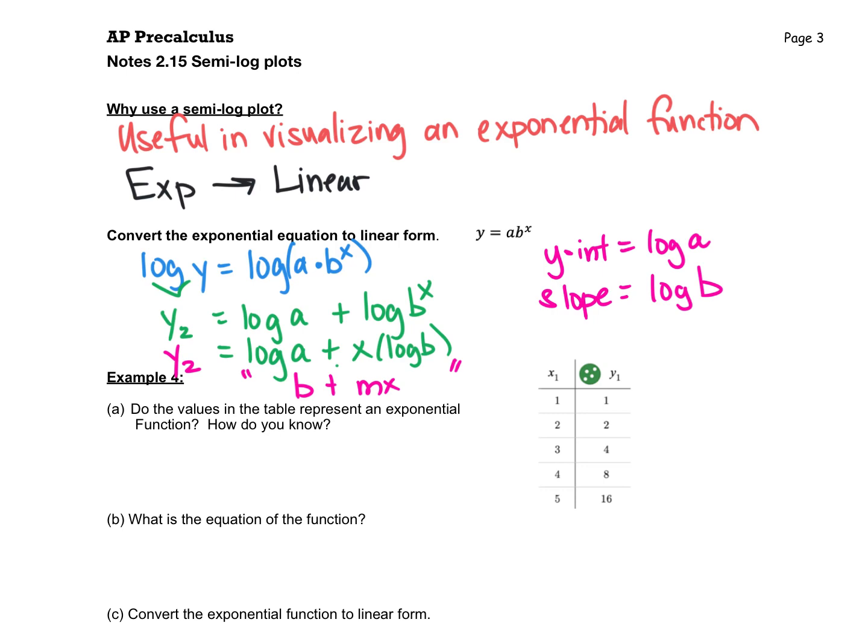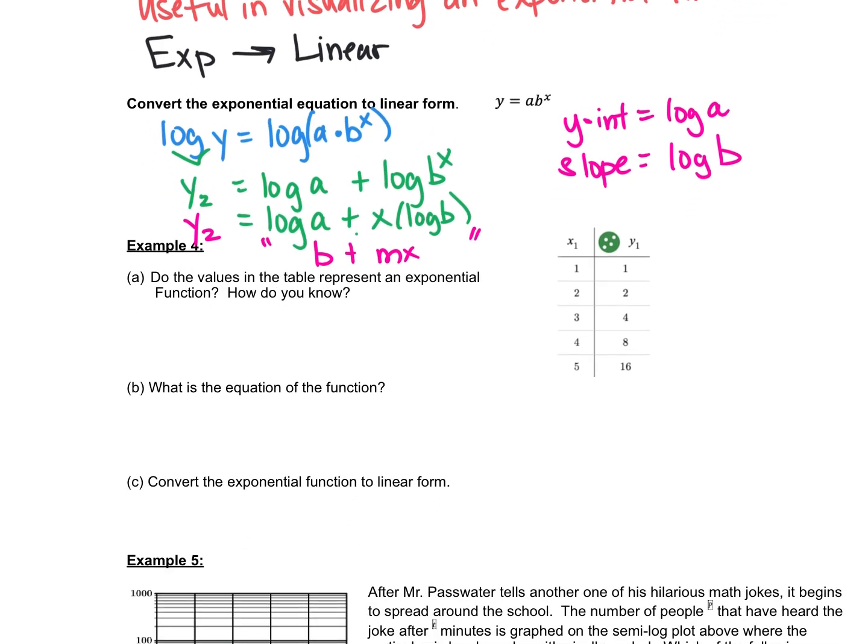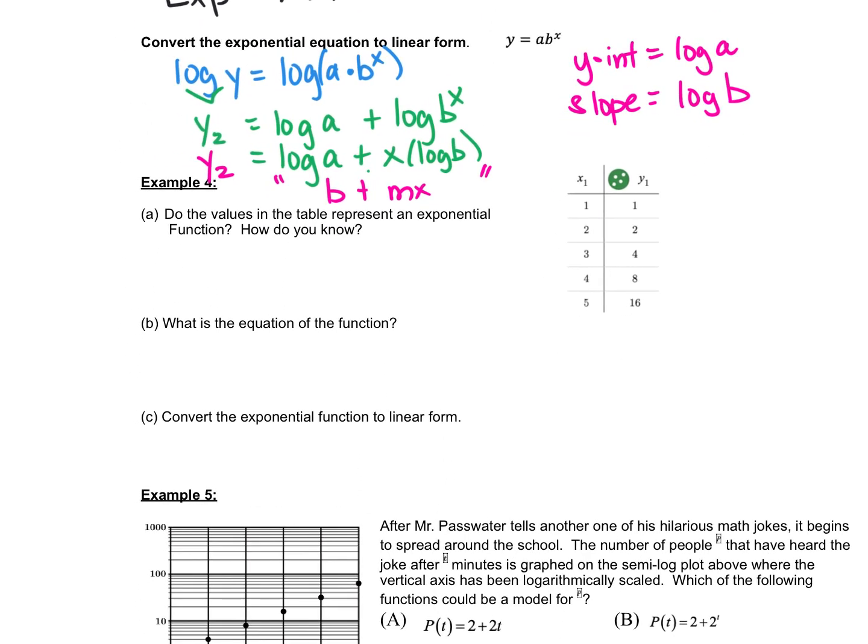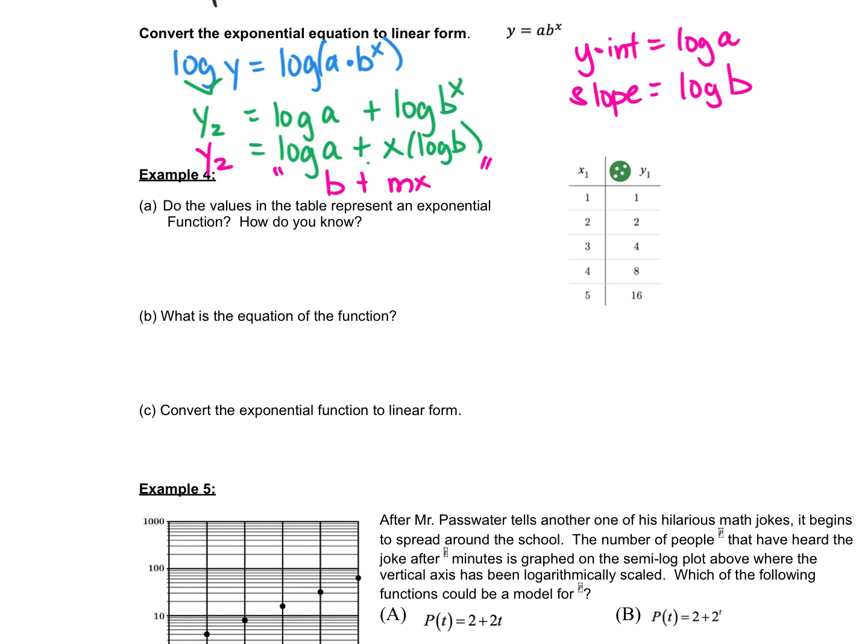Now, let's take a look at a couple more examples where they might ask me to do that. So let's take a look at this table. It says, do the values in this table represent an exponential function, yes or no? Let's look at it. What do you think? Yes. Here I have an input change of 1, an output change of multiplying by 2. So we could say yes,